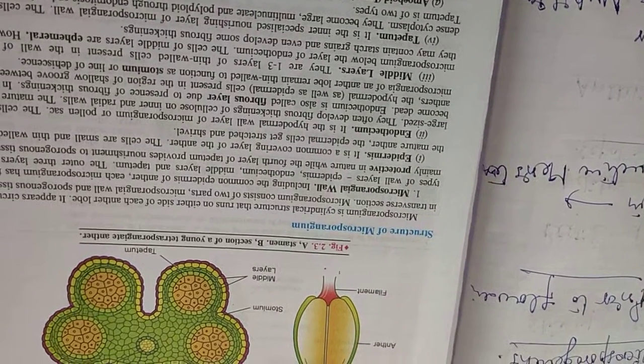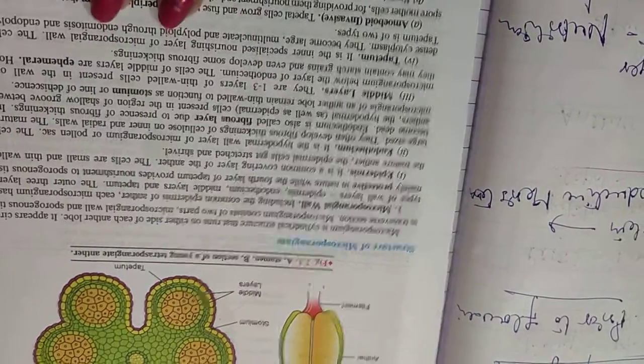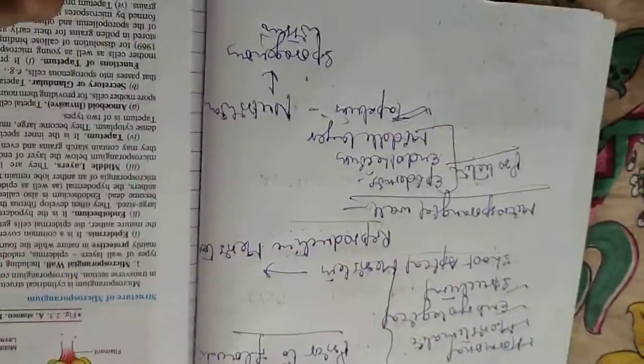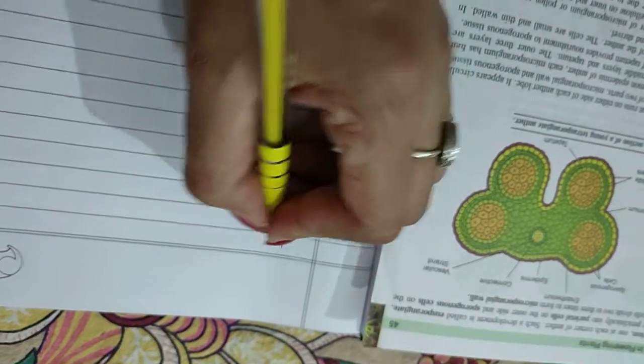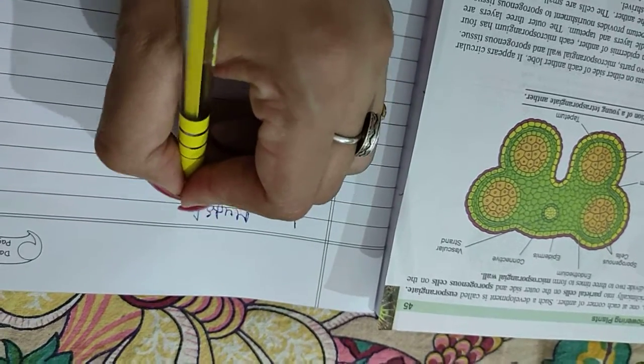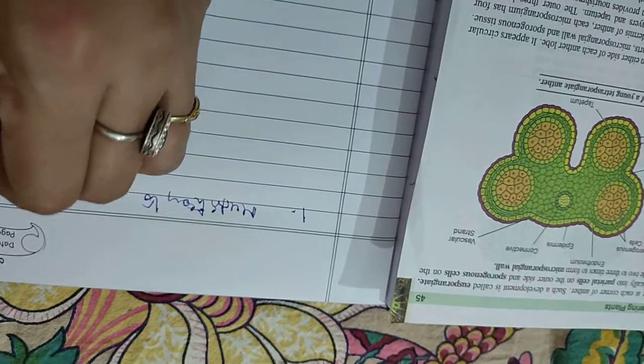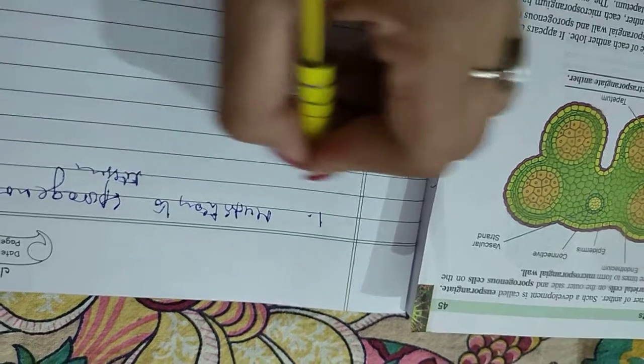Then the last one is the tapetum, the innermost layer of the microsporangial wall, and it provides nourishment to the developing sporogenous tissue. There are many more points about the tapetum. First, it provides nutrition to the sporogenous tissue. Second thing,